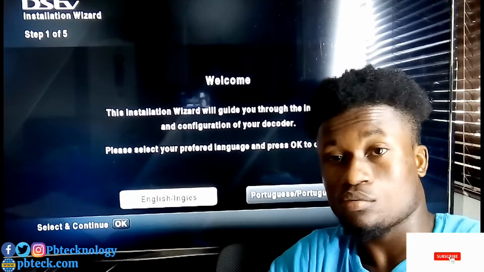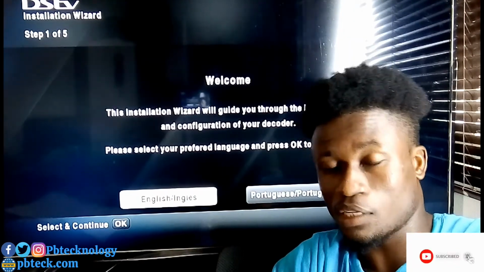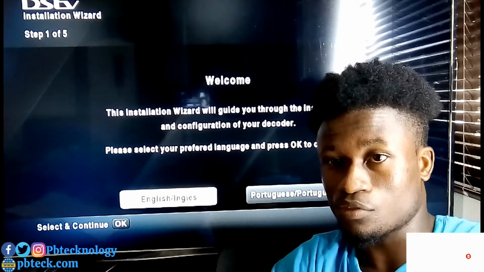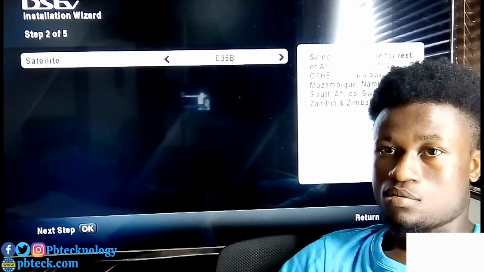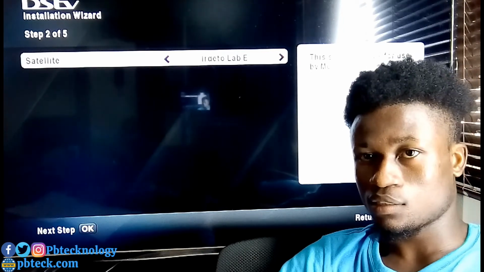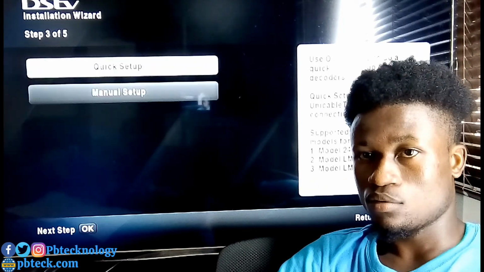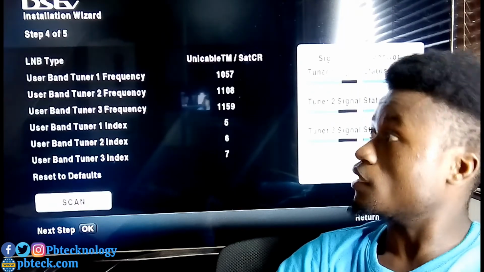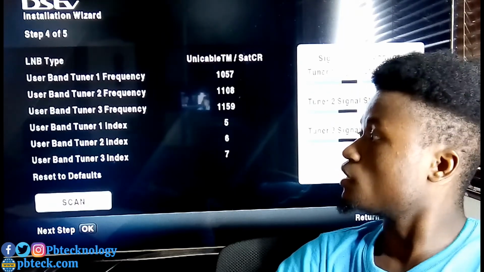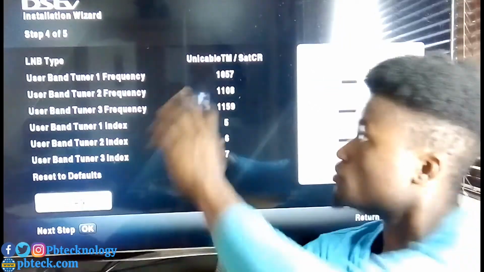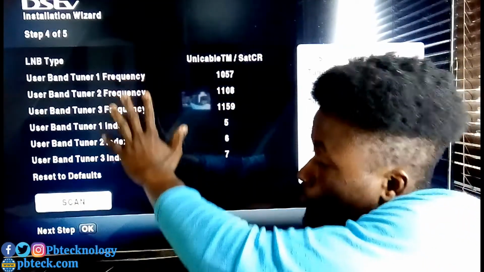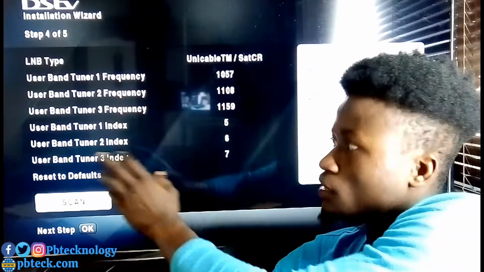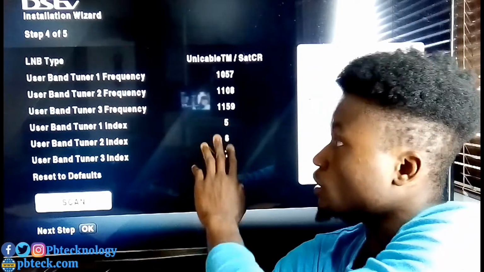On your last decoder, that is your third DSTV Explorer decoder, you move on with your preferred language. You select your satellite. The same steps, come to manual setup. With the user band frequency and the user band index, because it's your third decoder, you need to change them.